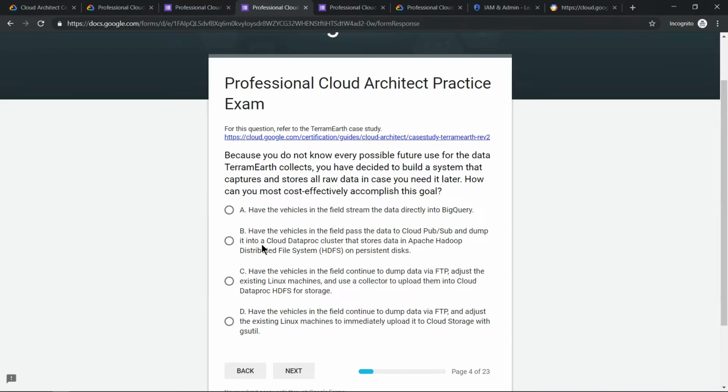Going to option B. So Pub/Sub streaming always goes hand in hand. It's always a good choice, but storing that data or processing it using Dataproc or Hadoop is not a good choice because it's ephemeral in nature. That is one thing, and you have better choices. Like if you have seen my part 3 video, where I had mentioned you can use Dataflow, it could be a good choice, but using Hadoop or Dataproc is not a good choice,